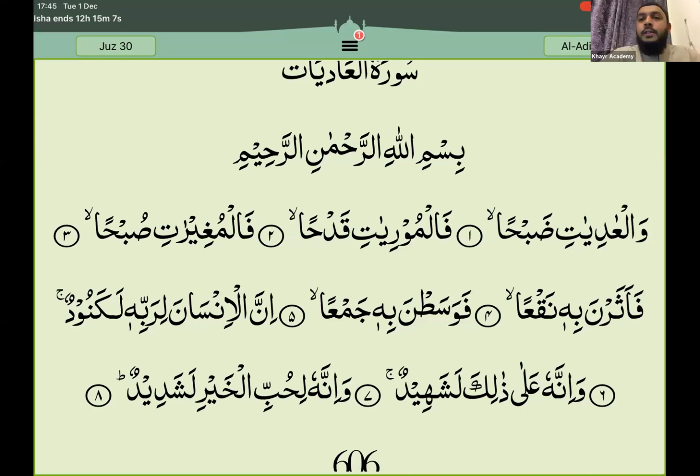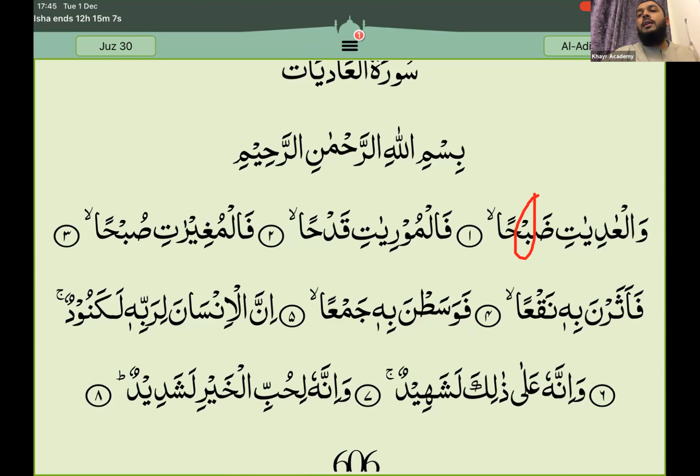Okay, this is good. Can everyone see this? Yeah. So we will do temporary sakin and permanent sakin for qalqala. Okay, Bismillah, let's start. Let me get the red pen. وَالْعَادِيَةِ ضَبْحًا.